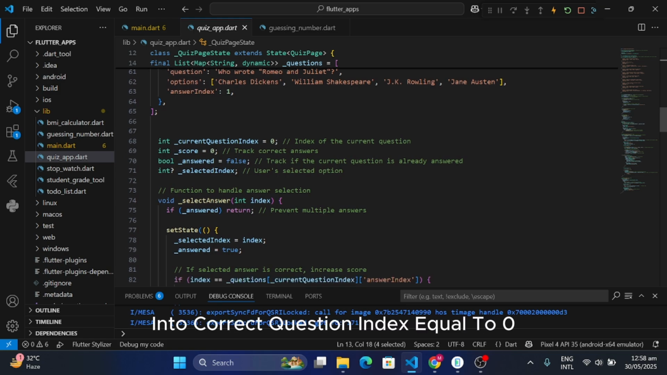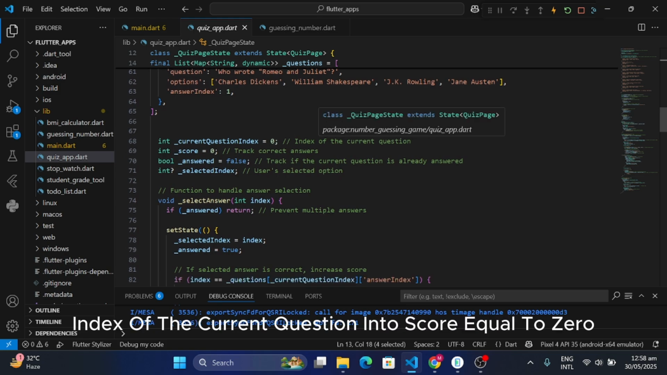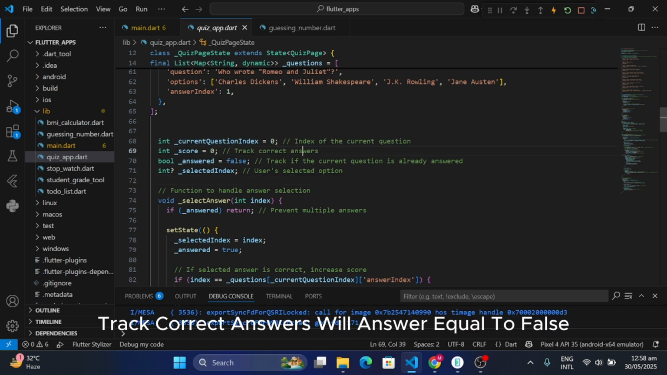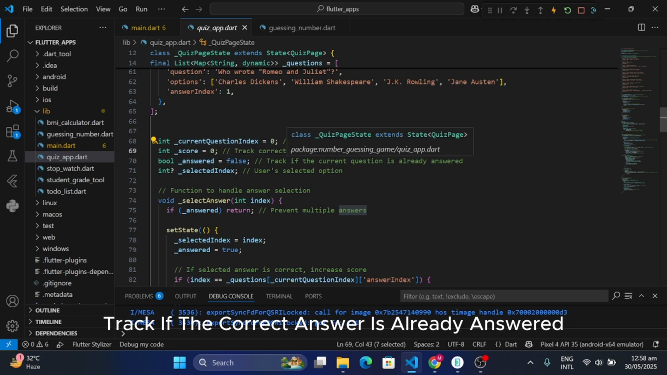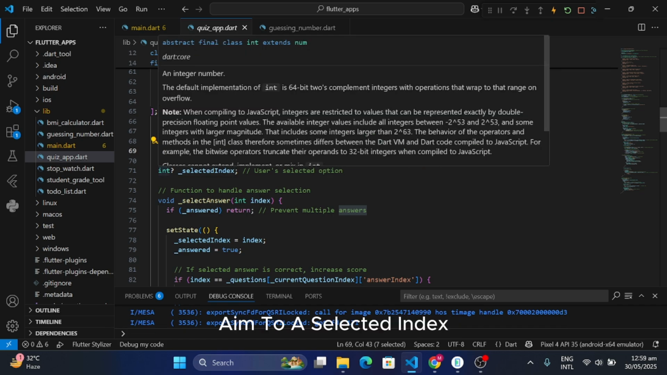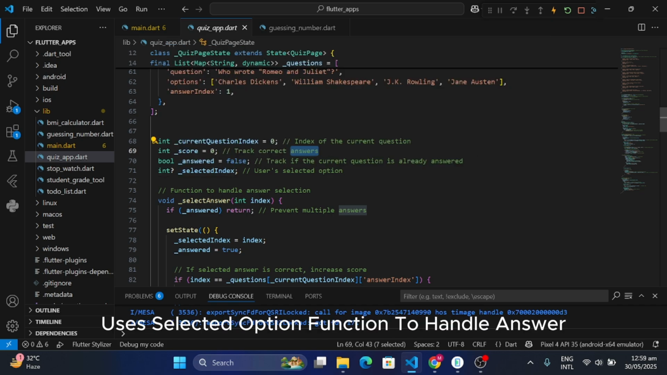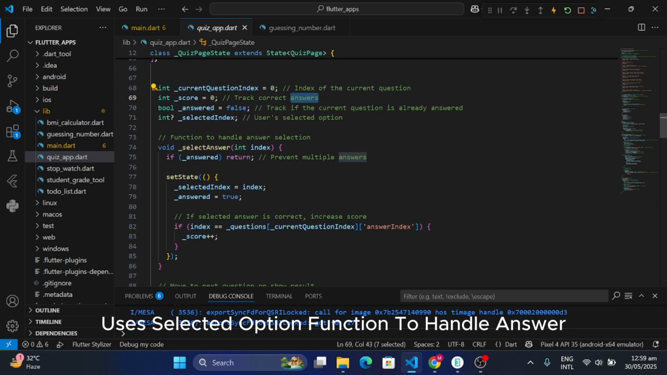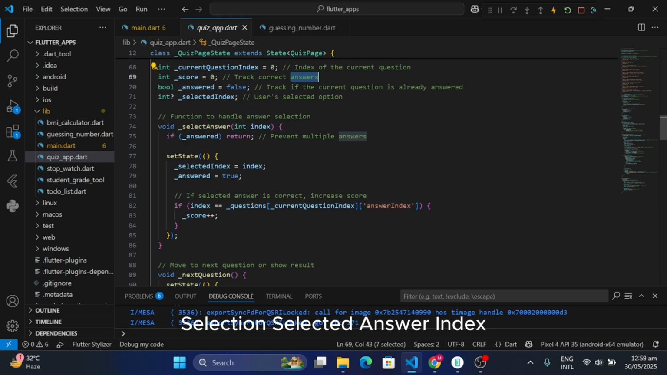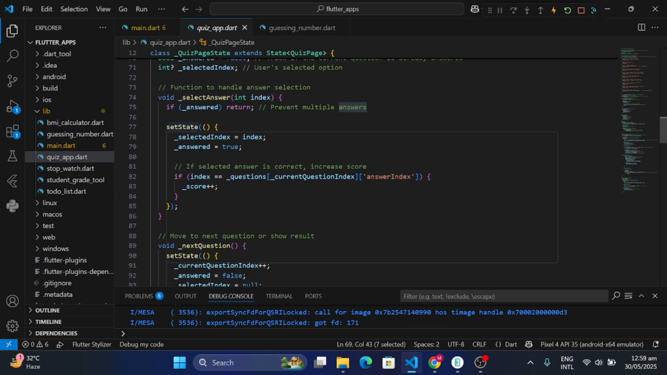int current question index equal to 0, index of the current question. int score equal to 0, track correct answers. bool answered equal to false, track if the question is already answered. int selected index, tracks selected option. Function to handle answer selection, selected answer index. If answered, return, prevent multiple answers. setState,